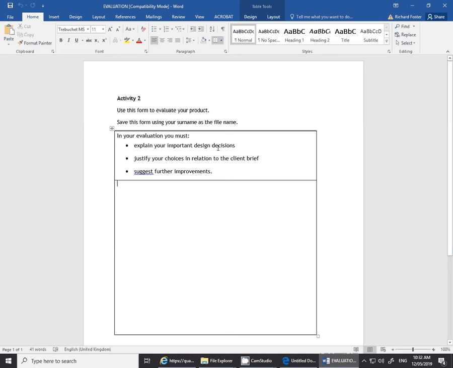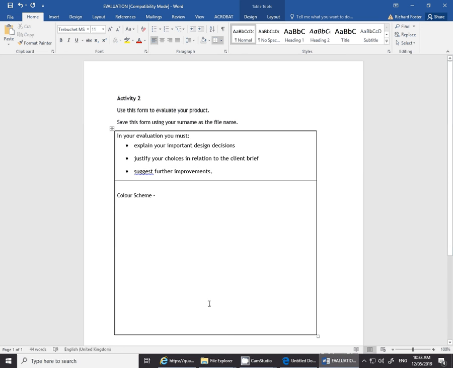Explain your important design decisions. Okay, important design decisions that you're going to comment on might be the colour scheme. What made you choose the colour scheme that you did? Thinking about the logo that you were given, if it doesn't say in the exam, why did you choose the colours that you did? If you can, when you say why you chose those colours, also justify it, give a reason that links back to what it says in the exam paper, then you're really going to get some good marks